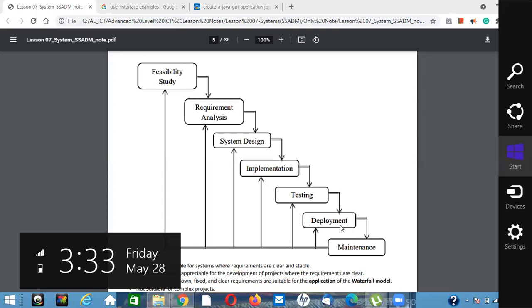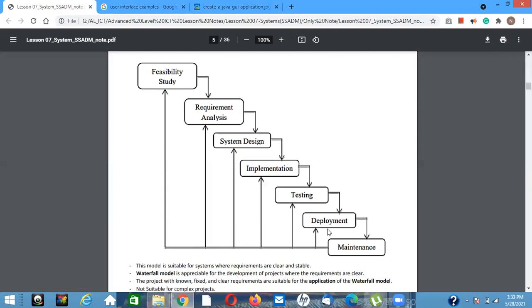Then at the deployment, when nearly 50% is finished, sometimes we may have to start the maintenance. Actually, maintenance can be conducted after finishing the deployment. From here to here, the maintenance is conducted for the whole system.